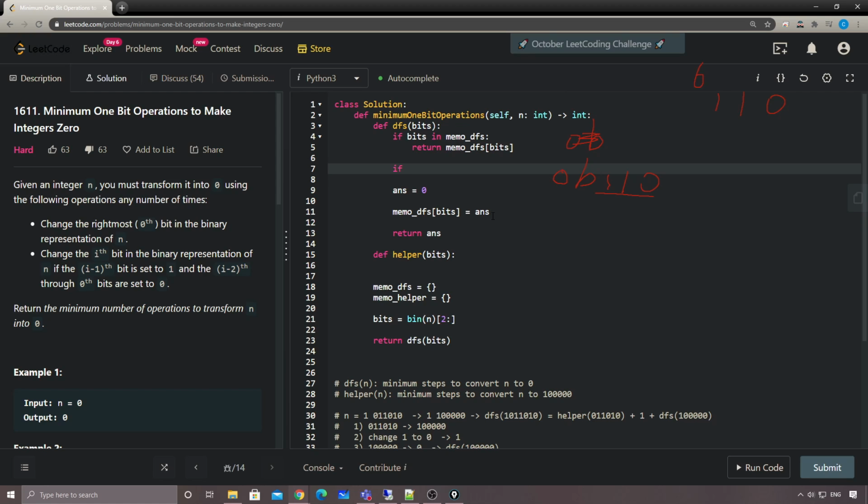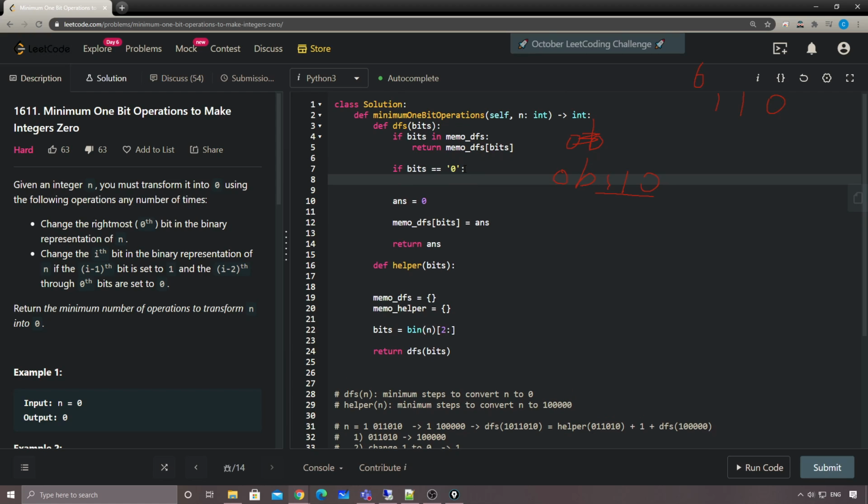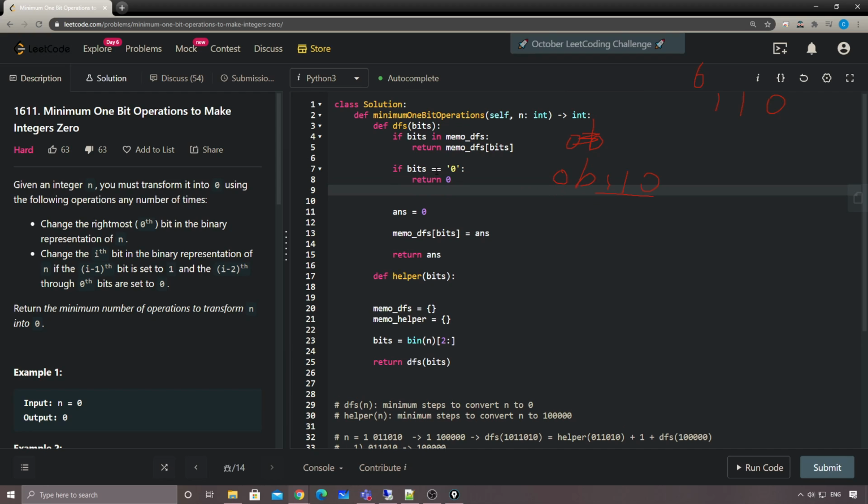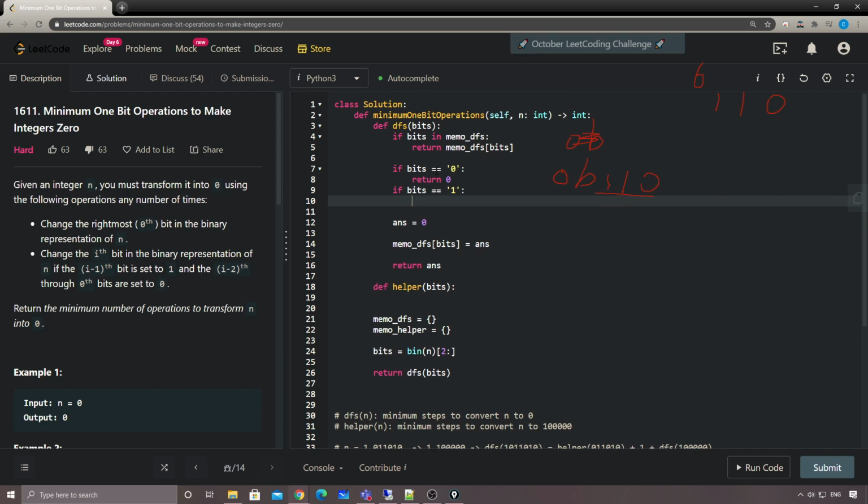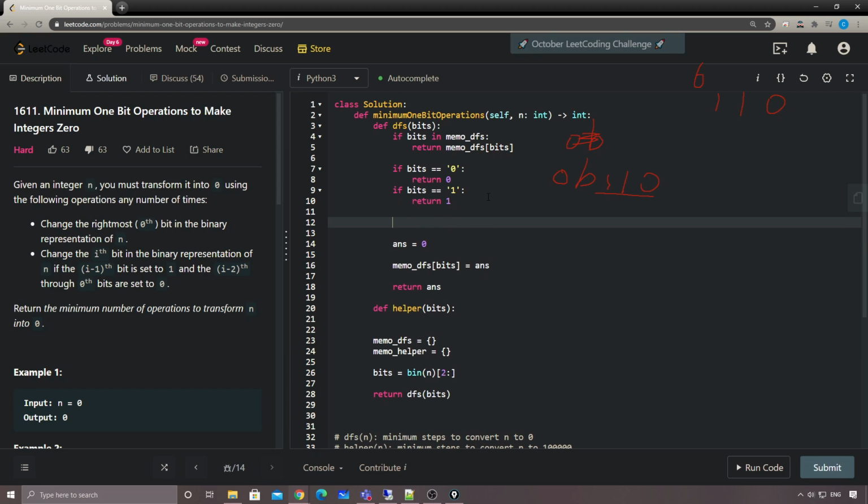Basically, if the bit equals 0, right? So for the DFS, we are converting everything to 0, so which means here we don't need to do anything, which means we can simply return 0. Or if the bit equals 1, in order to convert 1 to 0, we return 1 because we need one step, or one operation. Okay, so now I think for the DFS,